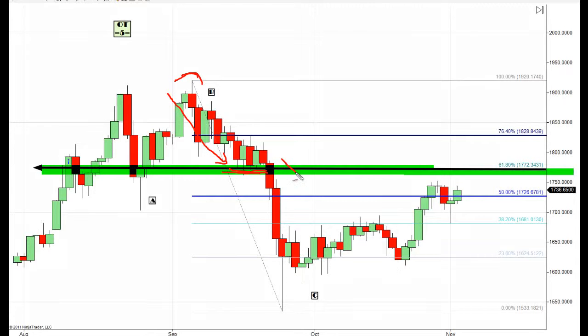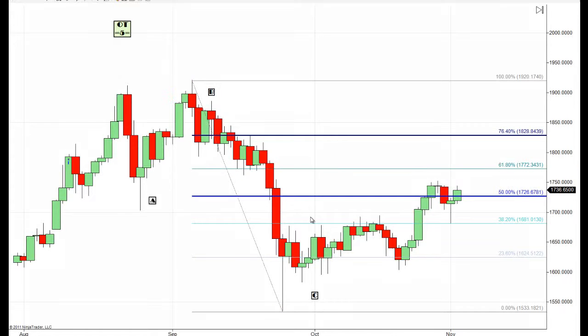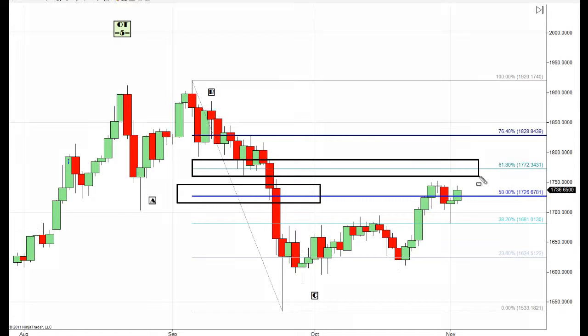When it was unable to do that and the market broke, you can see that it did break very, very hard, and in 1, 2, 3 days went from 1775 down to that intraday low of 1530. Call it 1533 is what I have as a price marker. But the one thing that you can see is that as the market broke through this particular price zone or price target at 1725, you can see that it broke hard here, and you can see that after forming a base at 1775 and attempting for a number of days to really stay above it, once that market broke, it did break hard, and it broke hard to the downside until it found this support down at